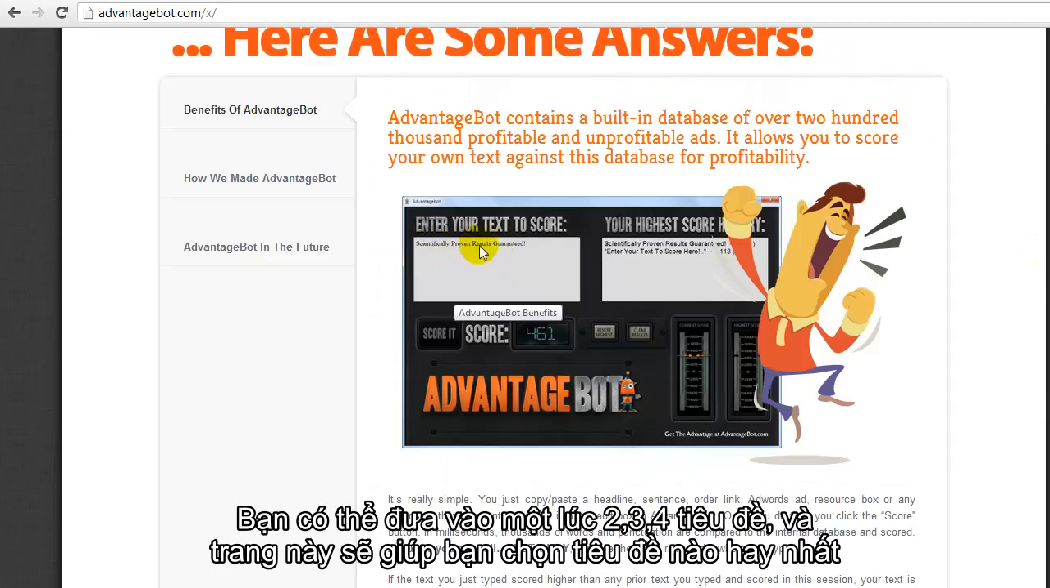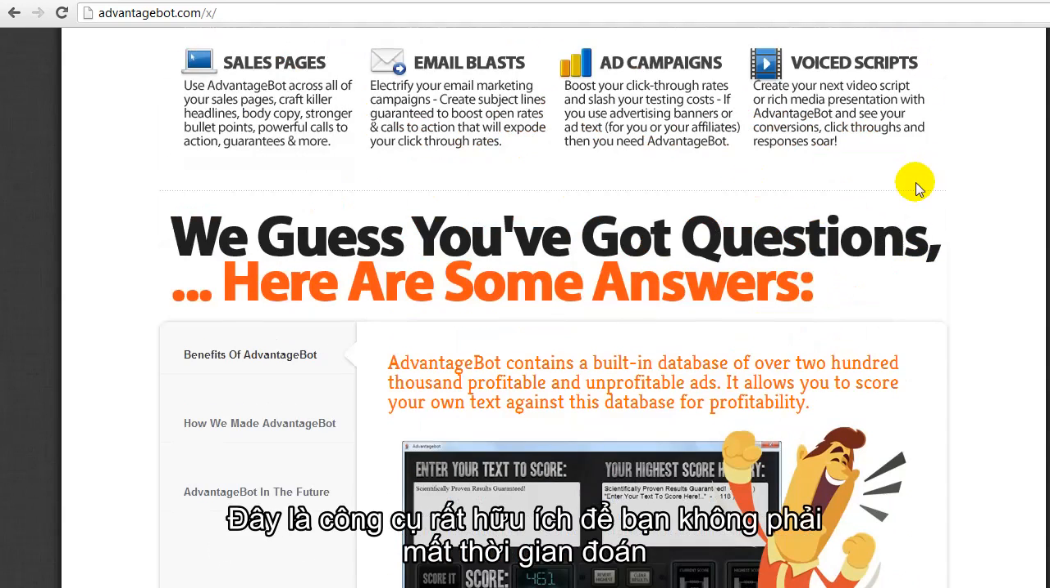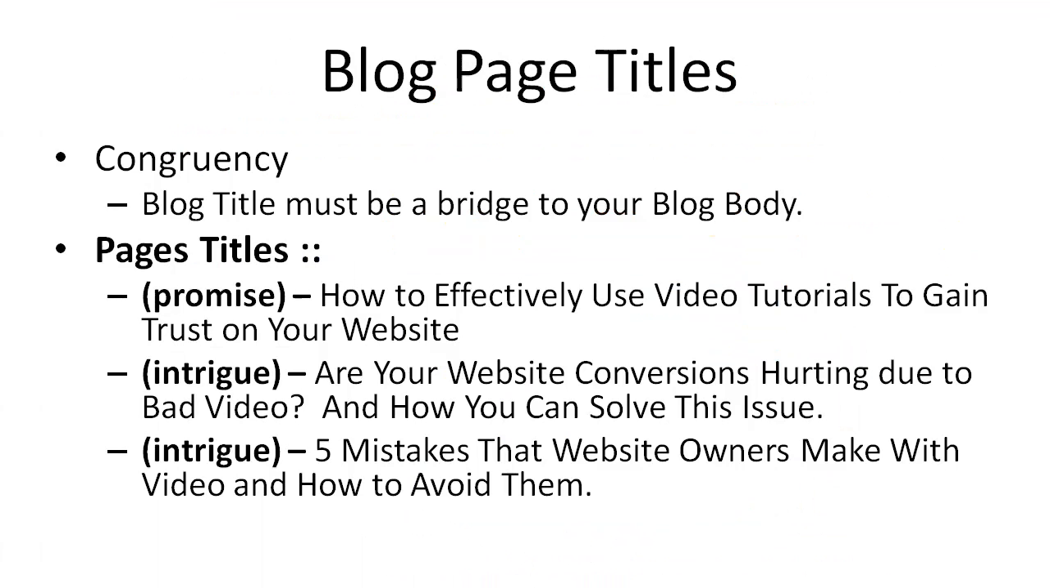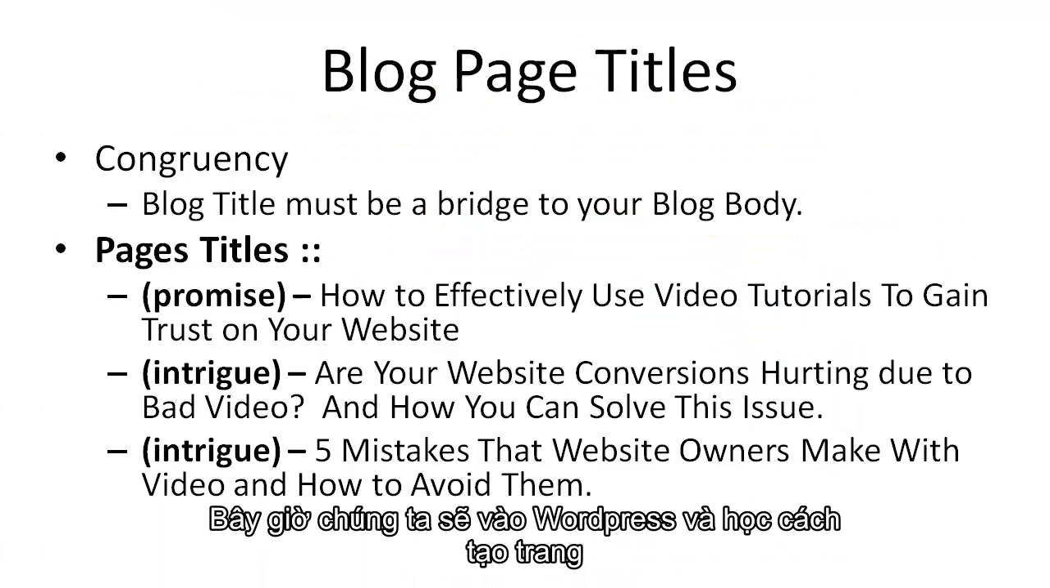So you could test 2, 3, 4, 5 different titles and see which one measures up against each other, and then use the one that has the highest score. So that's just a nifty tool that you can use, and that can really take the guesswork out of which titles are good and which titles are not. So with that said, let me go ahead and go to WordPress and show you how to create a WordPress